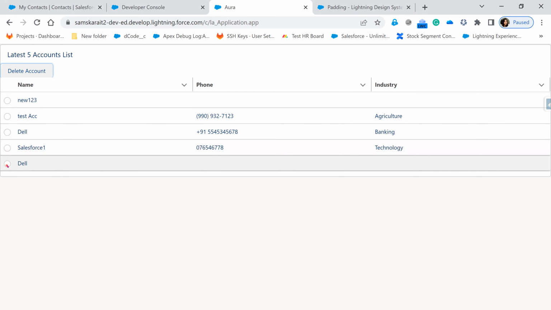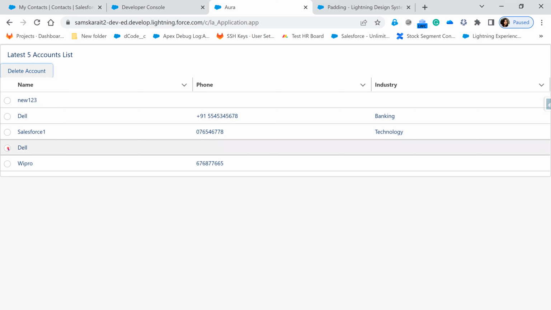You just see here. Now I'm deleting the test ACC, right? Deleted. Now observe this. It is deleted and my data is refreshed. Always it shows the 5 records if I have more than 5 account records in